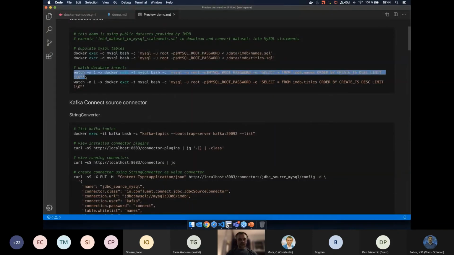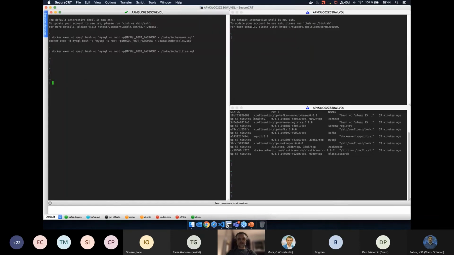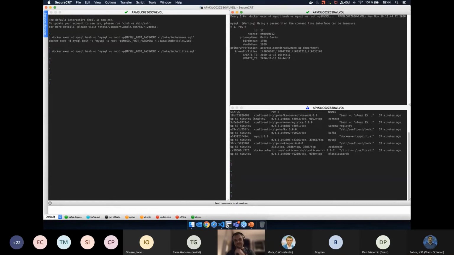Let me check if the inserts are working. Okay, it looks like it's working.